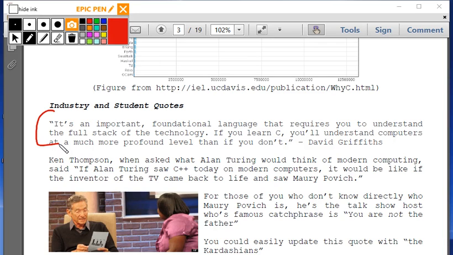And so Ken Thompson, who wrote your textbook, and I showed you his picture earlier, he was at the Turing Awards in 2012. I got to attend this talk, and when they had a lot of the old Turing Award winners, a common question is, what do you think Turing would think of your field today, right? And so somebody asked him this question, and he said, if Alan Turing saw C, so I'll explain the issue